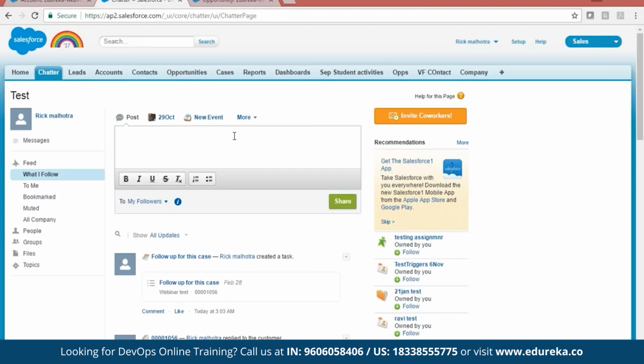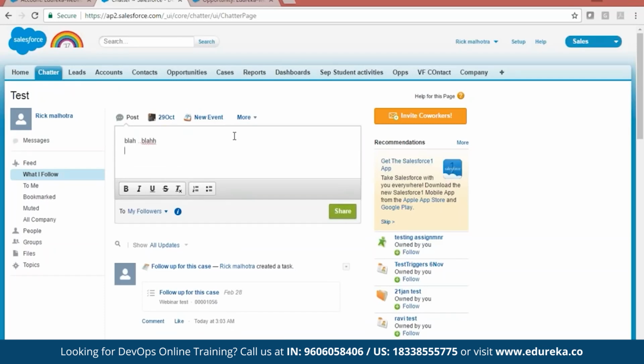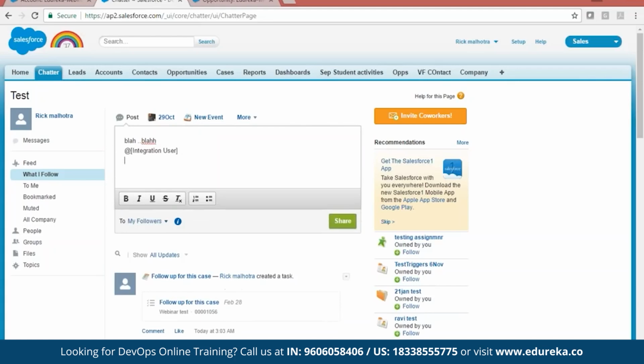So here I can mention something, I can type something, let's say blah blah, and add a mention to my integration user. I can also use a hashtag, so it will become a topic.